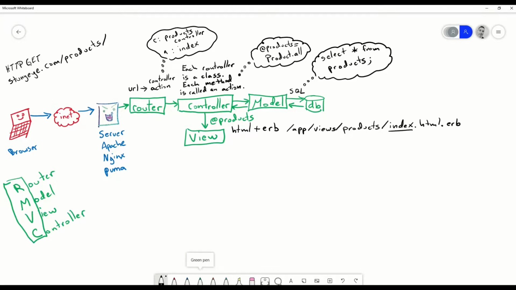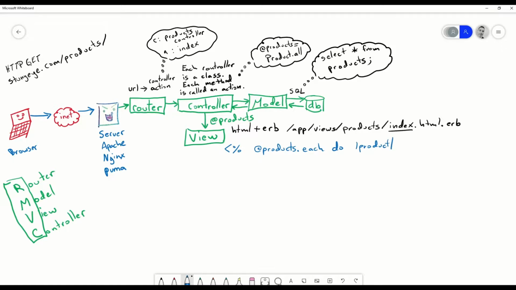So this view, as I said, is something that looks a lot like the HTML and PHP mixture that we saw when we were working with PHP without a framework. So maybe in this view, we have less than %, and then we're going to go to this products instance variable, which now just magically exists outside of the controller object, right? So we're not accessing this as a member of the controller object inside the view, we just get a variable that's called @products, and we're going to say .each on it, do